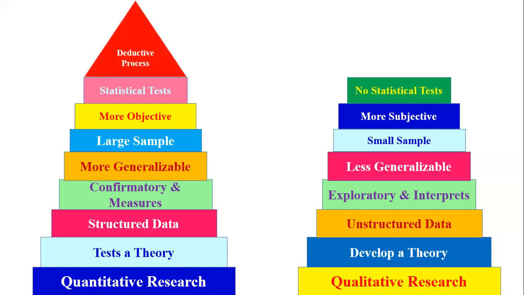And the deductive process means general to specific, right? We generalize, we have a larger population to a smaller one, more objectives. But in qualitative research it means the inductive process, specific to general, right? If something already exists, but we can do it on our own, it is the inductive process. So here are the characteristics of qualitative research as well as quantitative research.